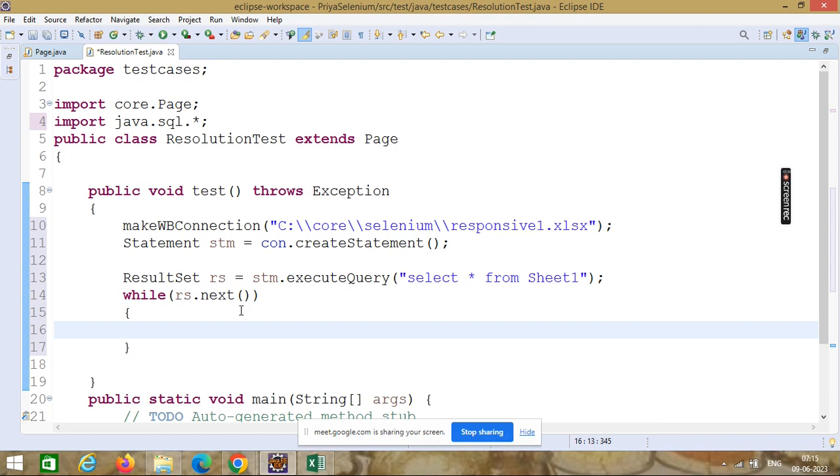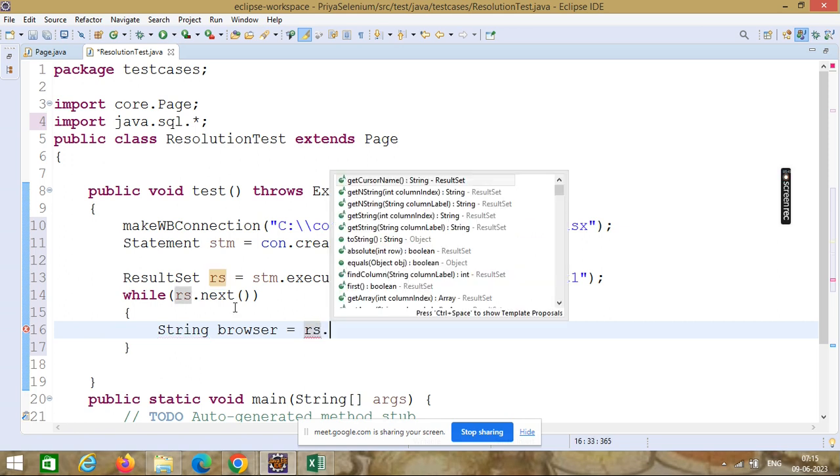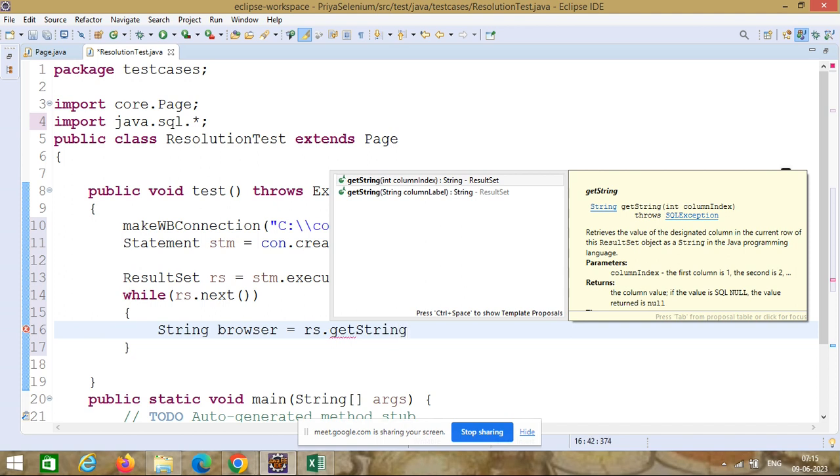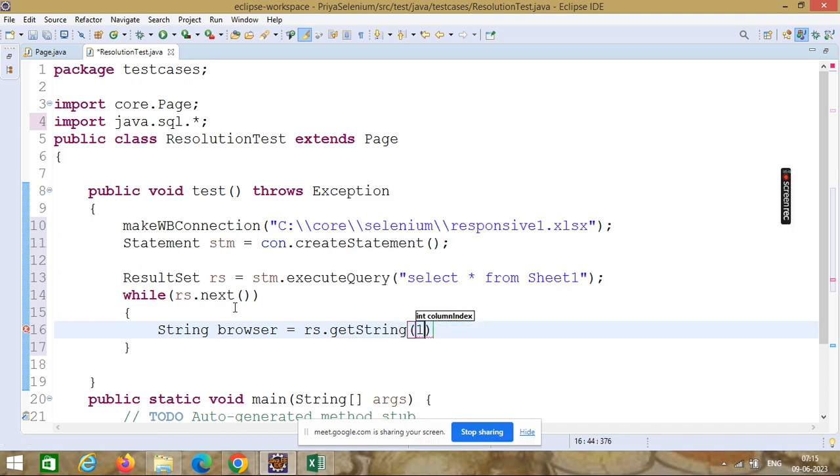Until there is a next row, it will keep on moving to the next record: while rs dot next, and then String browser is equal to rs dot getString column number 1.